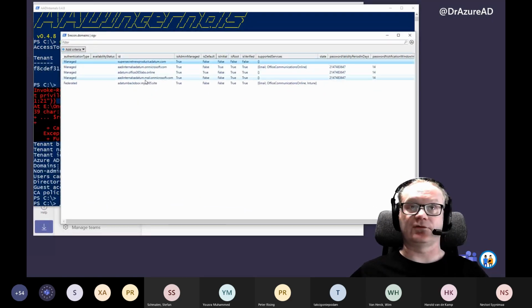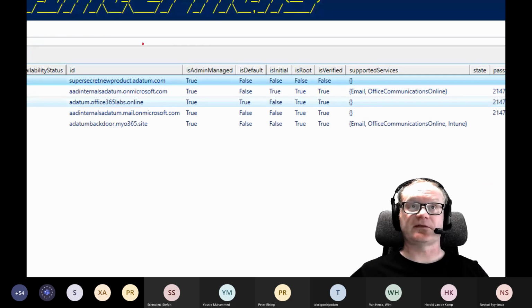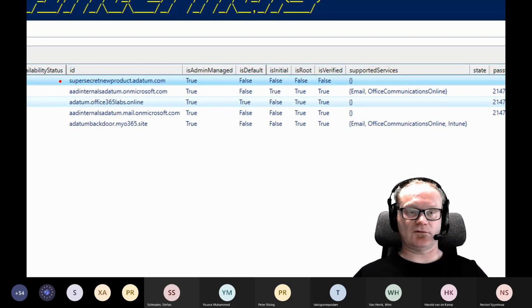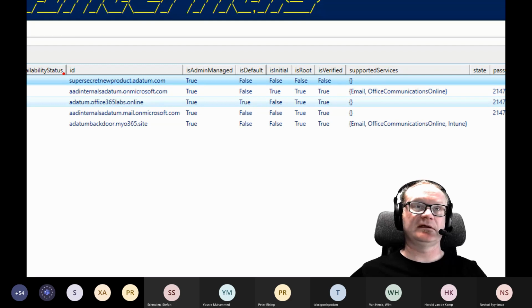And now it shows all the domains we have here. And "is verified" is the first one. So we can actually see something that we really shouldn't be seeing. In this case, this organization has registered a domain, but they have not verified it. So this can be something very sensitive, like here is a super secret new